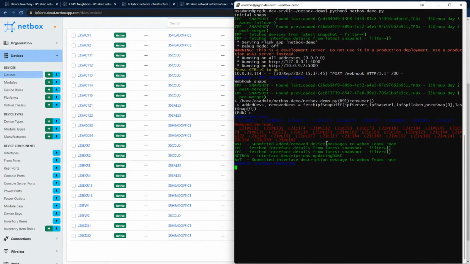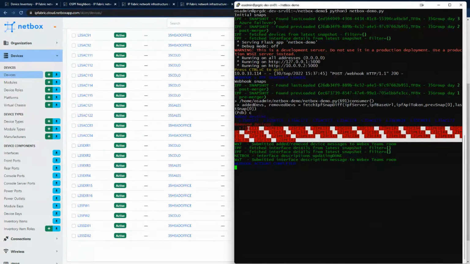So what you can see there is it's gone and hit IP Fabric. It's checked the two snapshots, and it's been able to discover the fact that we've got some added devices, right? So here are those devices, and you really can't see them very well. I should change the color of that. But these are those added devices. It's also discovered a bunch of devices that have been removed as well, interestingly, and we'll come back to those in a minute. But you'll notice as well a little WebEx Teams message popped up there on the screen while